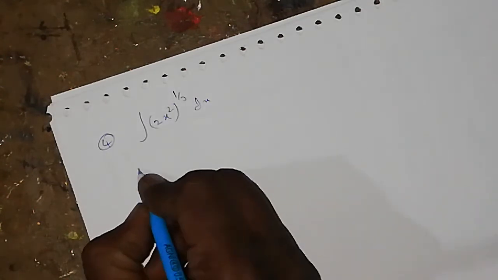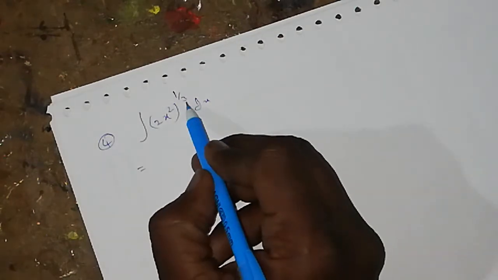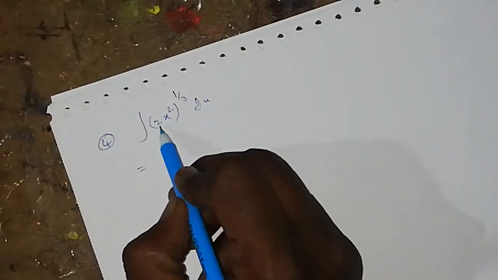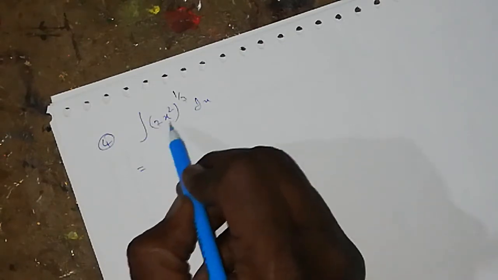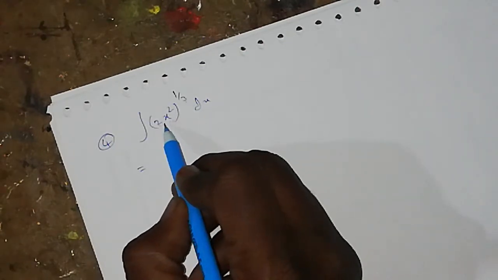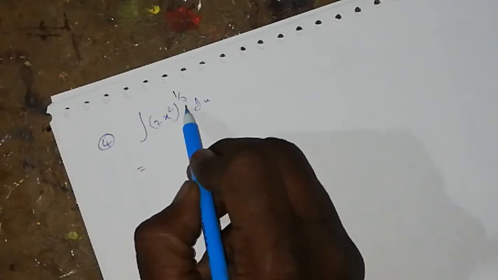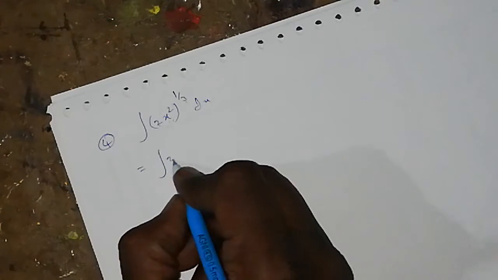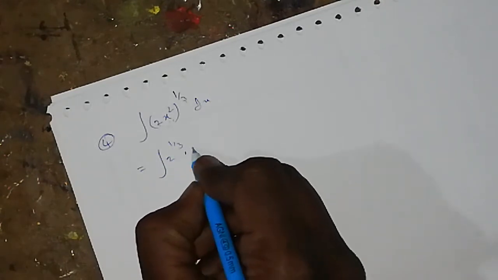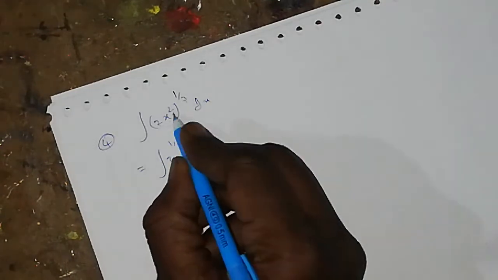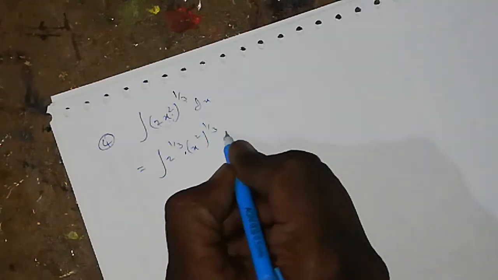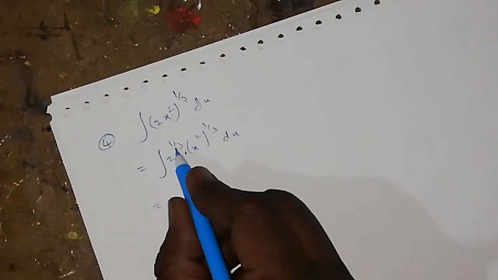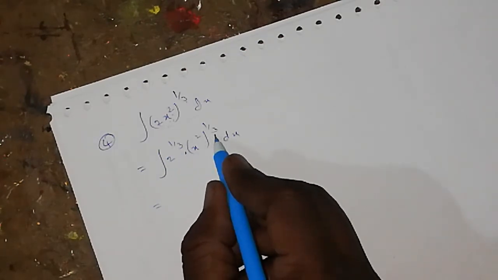So see, here the power belongs to 2 and x square. Here 2 is the coefficient of x square, but it is also having that power. So first of all we have to separate the terms by using the power. So how we can write this? Integration of 2 to the power of 1 by 3 into x square whole to the power of 1 by 3 dx. Now here clearly 2 to the power of 1 by 3 is a coefficient of x square whole to the power of 1 by 3.